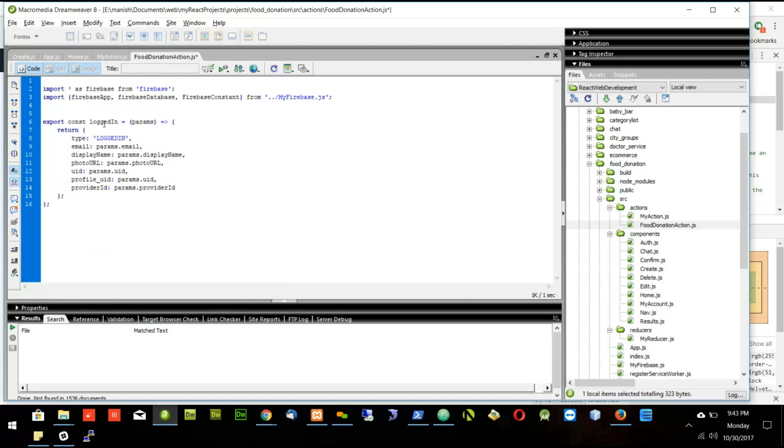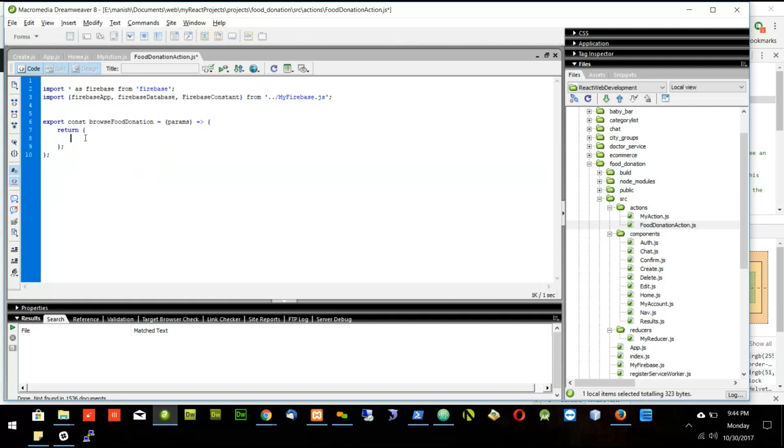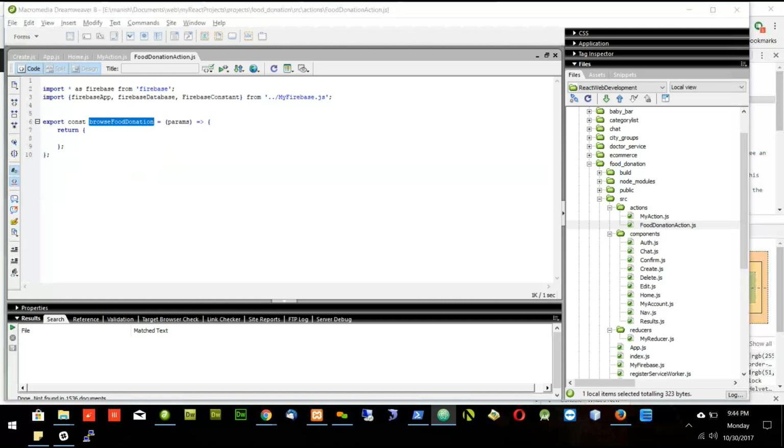Okay, so I'll change it to something. Maybe I can say browse food donation, and right now I will not return anything. I will fill this part in some time, but right now I'm not doing anything here. Okay, so I'm just creating the food donation action. Now let's create the food donation